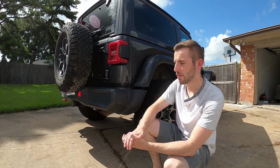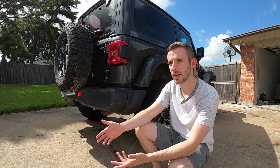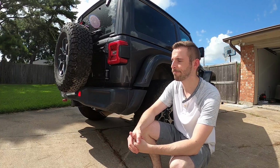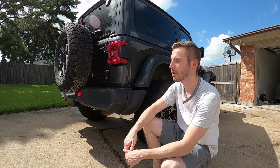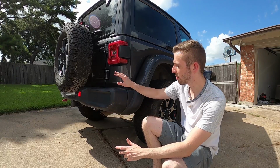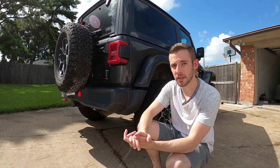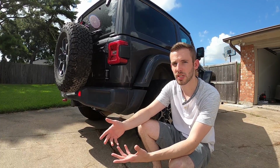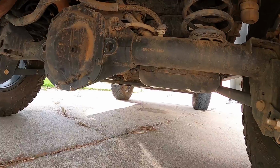So yeah, guys, that's kind of what I want to go with. I will probably go with a swing out tire carrier, just because if you go bigger tires, naturally it's more weight on there. But that's my plan for the rear bumper, just because this thing is so beat up. And then the next thing would really just be maybe a couple more skid plates. Nothing major. I don't really want to do a full body one. Maybe some diff covers,